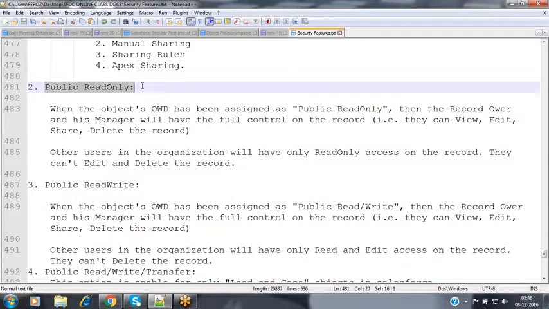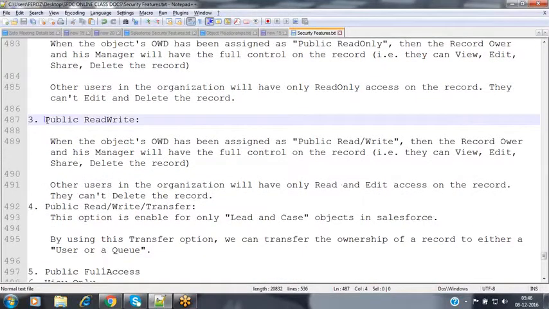Now the next one, the public read write. What exactly is public read write? Whenever you are making the object's sharing as public read write, and a user has created a record, the owner of the record and his manager will have the full control.